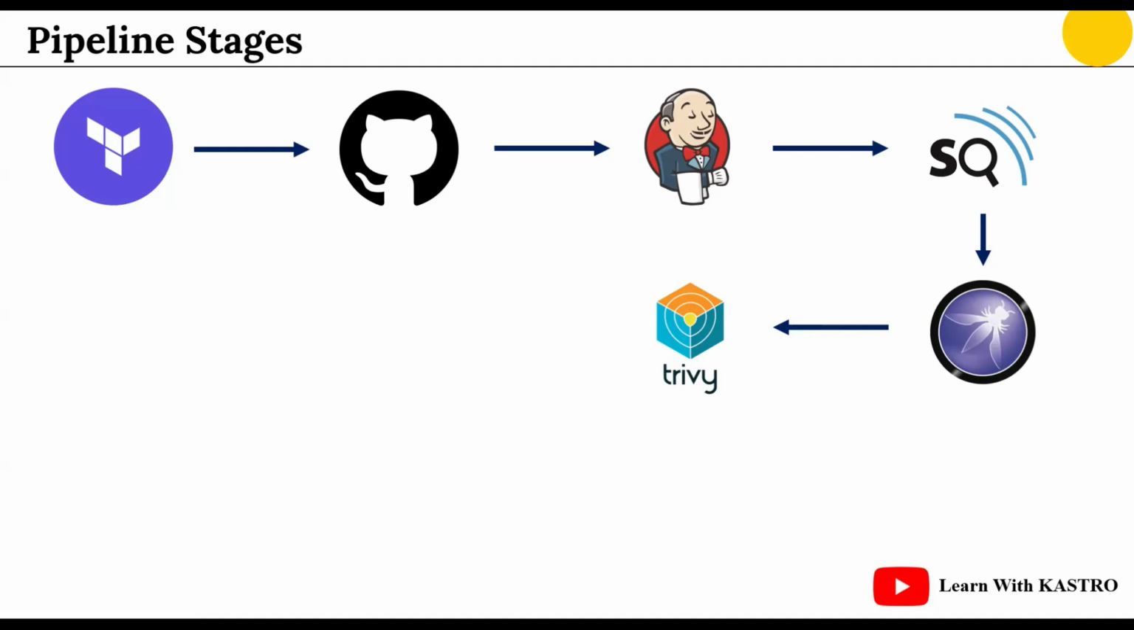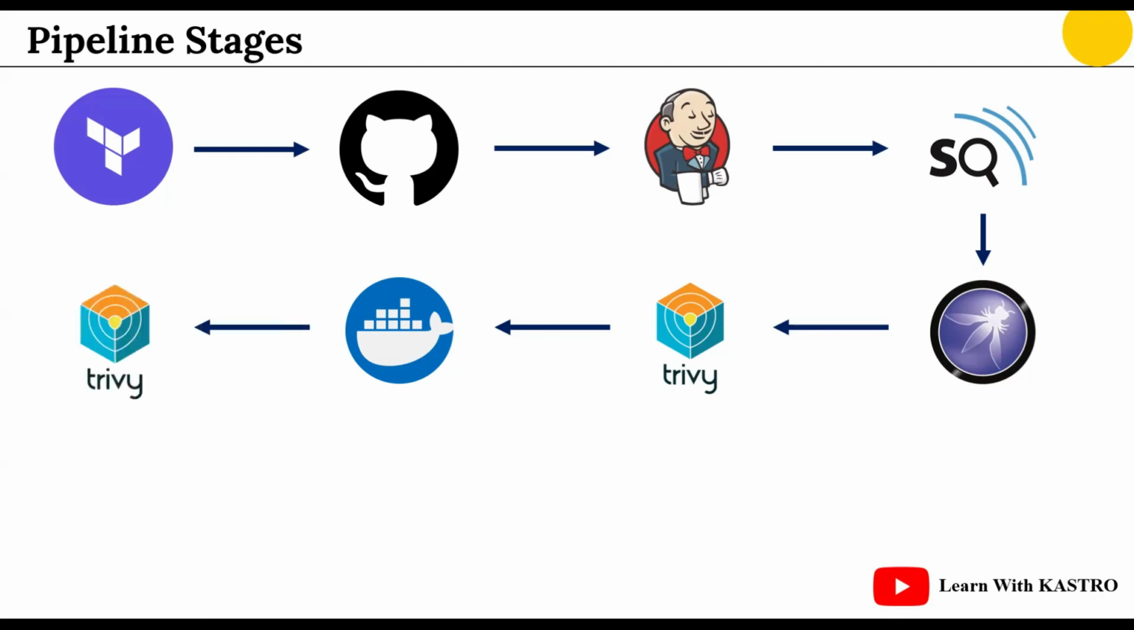Once the file system scanning is completed, then we are going to use Docker in order to build the Docker image. Once the Docker image is built, we will also see how to push the Docker image to Docker Hub or to the Docker registry. Once the Docker image is created, then we are going to scan the Docker image by using Trivy here. And once the image is scanned successfully, then we are going to push the Docker image to Docker Hub,